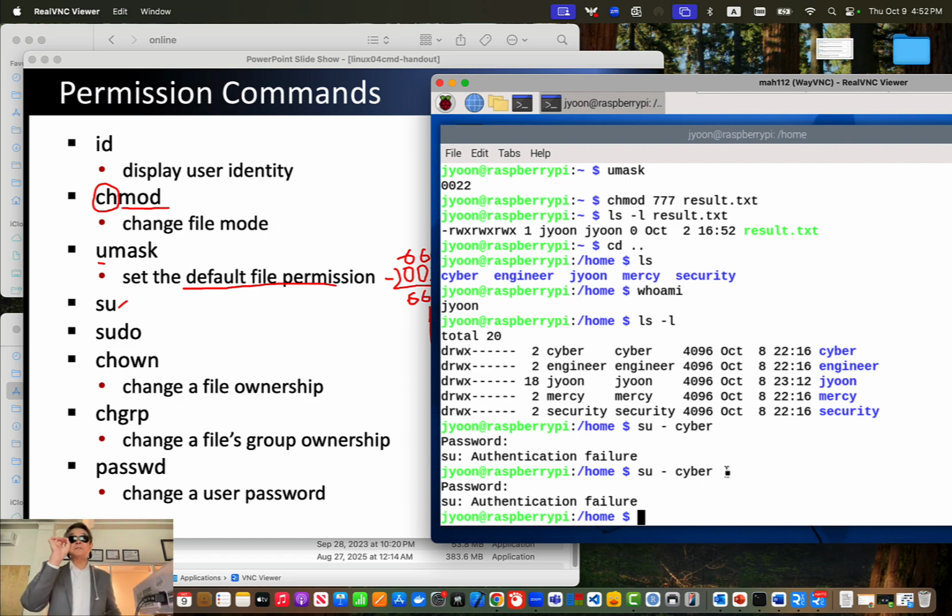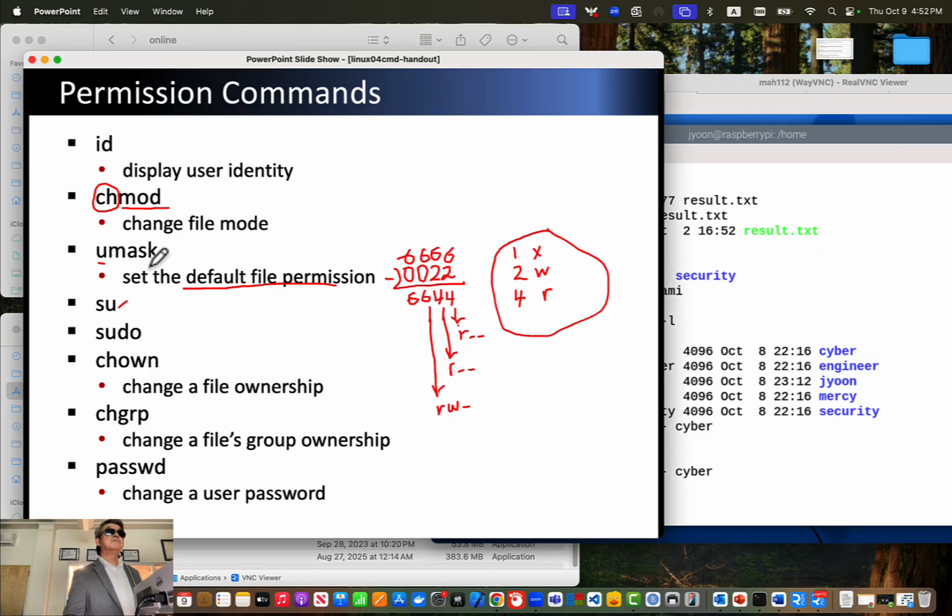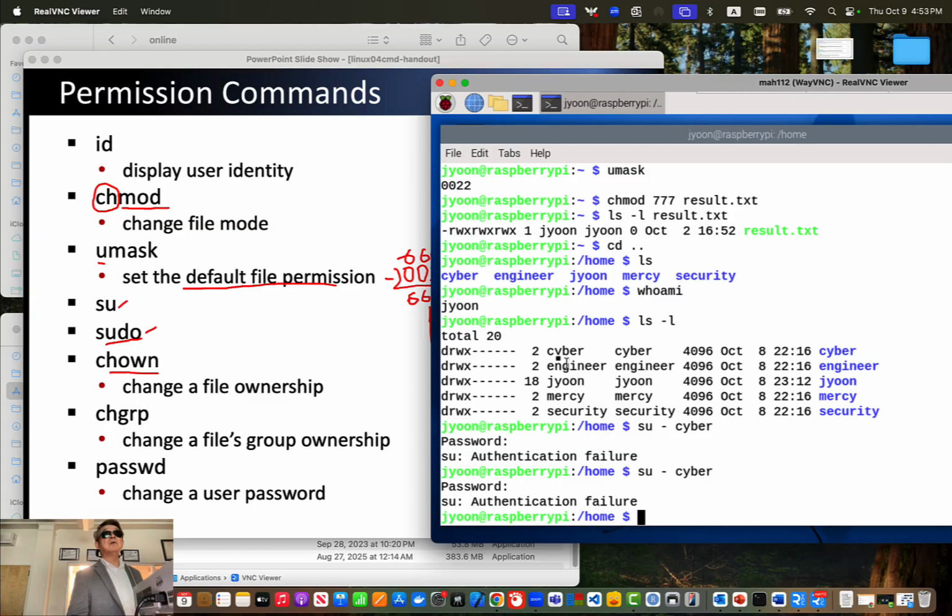Knowing Cyber's or some other username. Sudo, we know, I want to take actions. I want to execute some command with super user privileges. Although I'm not root, but I want to do it, then you can do sudo. This is allowed only if you are in the sudo list. Change owner. If you want to change it, right now, what is the owner? Cyber